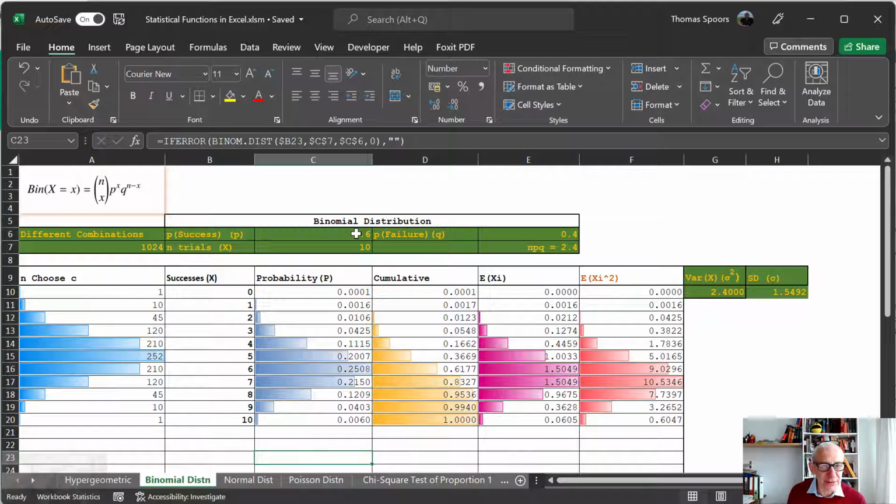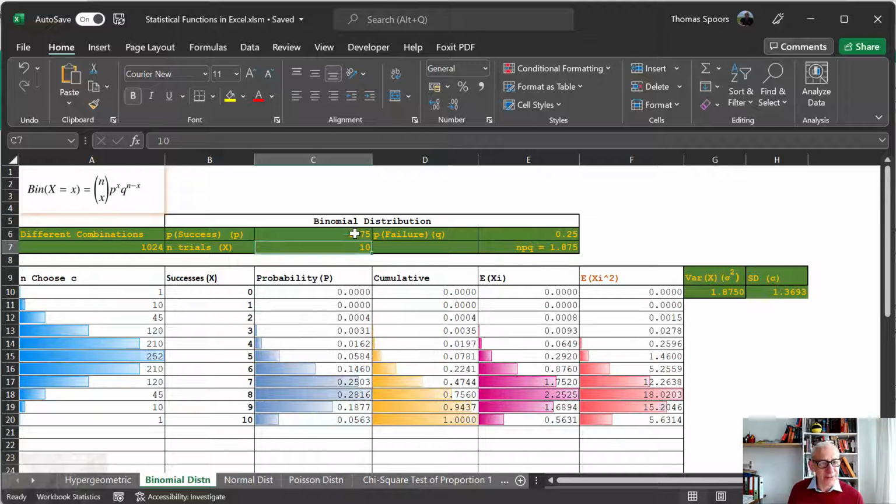If I change the probability of success to 0.75, you should see a shift towards the success end, which you quite clearly can. You can see down here there are more successes because the probability of success that we put into the spreadsheet is higher. All right, I will upload that spreadsheet and you will get a chance to use it